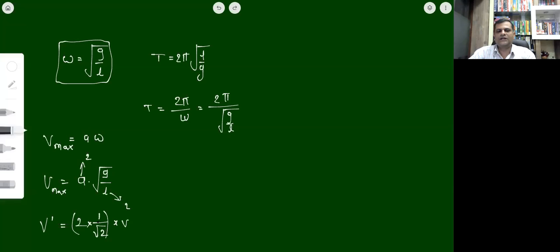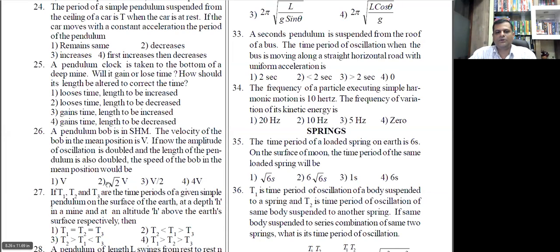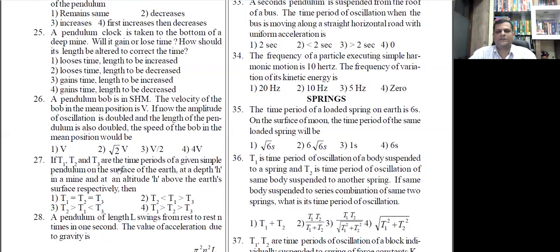तो अगर g के बदले 1 डाल दिया तो रूट ऑफ 1 अपॉन 2 आएगा, जिसको हम 1 अपॉन रूट 2 लिख सकते हैं आराम से। दैट मींस द वेलोसिटी, फाइनल वेलोसिटी, मैक्सिमम वेलोसिटी विल बिकम 2 into 1 upon root 2 times of original velocity v here, which will actually be root of 2 into v, which is going to be the correct option, which is already there in this option 2 here, correct है, in this way।